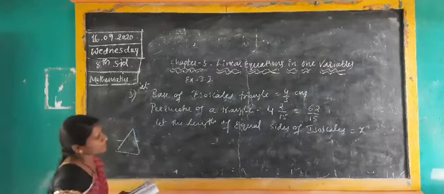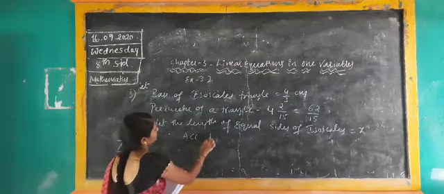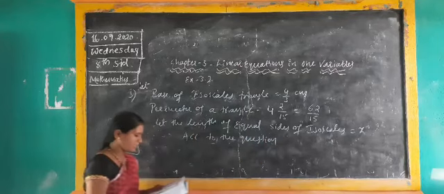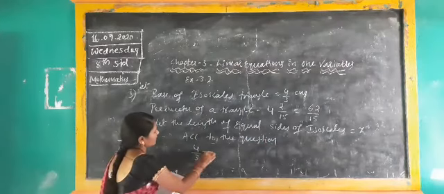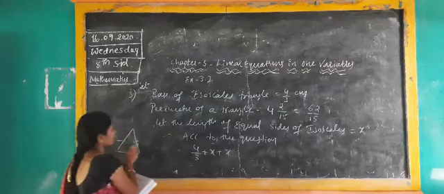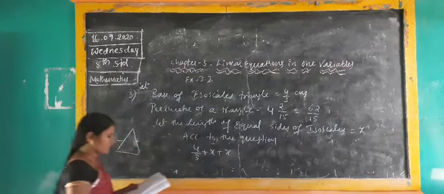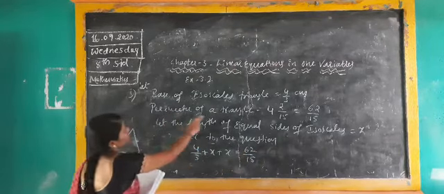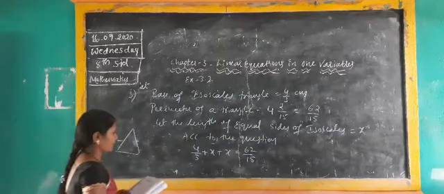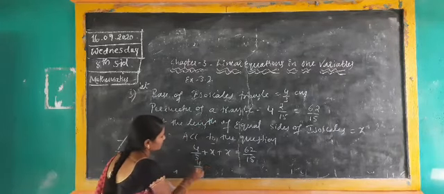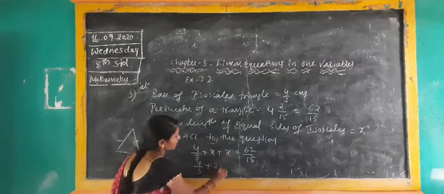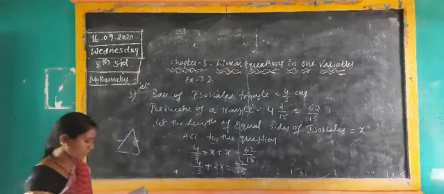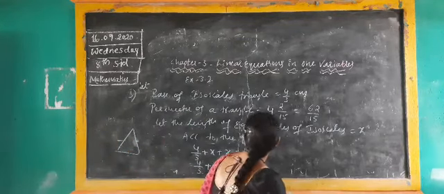Okay, now according to the question, what is there? What did they say? 4 by 3 plus x. Here two sides are equal, that's why I have taken x plus x is equal to 62 by 15, the perimeter they have given. Now adding, 4 by 3 plus x plus x, 4 by 3 plus 2x is equal to 62 by 15. Okay, now you have to take the terms aside.